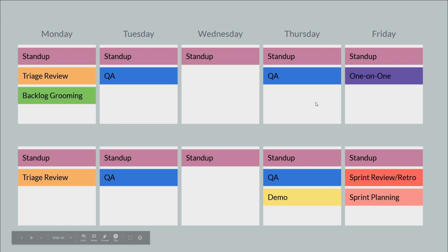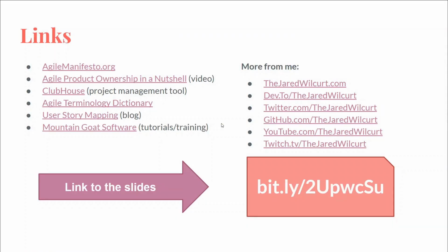But yeah, this is the idea here. This is a rough sketch of what a common agile workflow would look like in a given sprint. Okay, then we have some resources. There's the Agile Manifesto, which you mentioned earlier, which is from literally the year 2001. That website has never been updated.